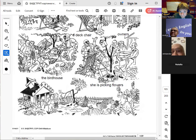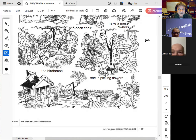Making a mess of all their effort to take care of the garden and of their house. And then in the end they greet them happily. They go away. Not greet, in the end, they